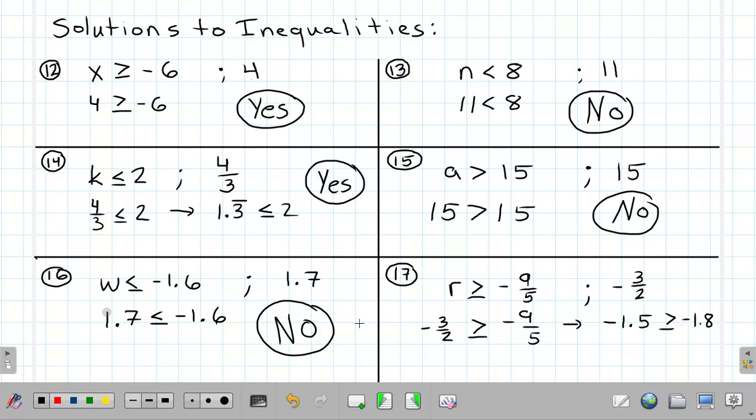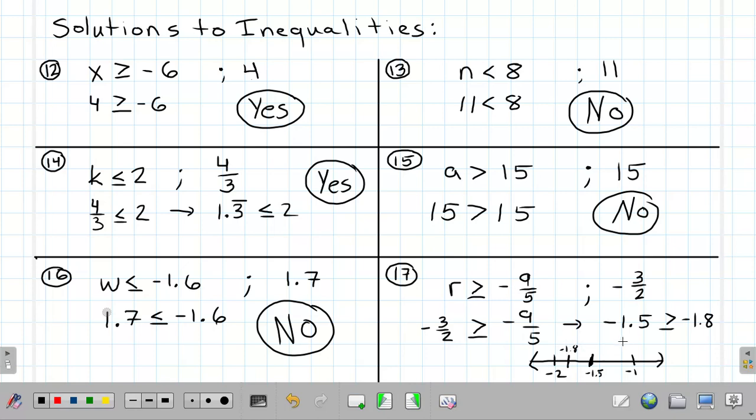This still might be a little tricky, so I'm going to break out a little bit of a number line here so we can really see it. So if we're going from here, which is negative 1, to here, which is negative 2, both of these numbers are in between negative 2 and negative 1. But where are they? Well, let's use the first one first. The negative 1.5 is actually right in between them, right in the middle. So that's where negative 1.5 is. Okay. Well, where's negative 1.8 in relation to negative 1.5? Well, we have to go closer to negative 2, so it would be